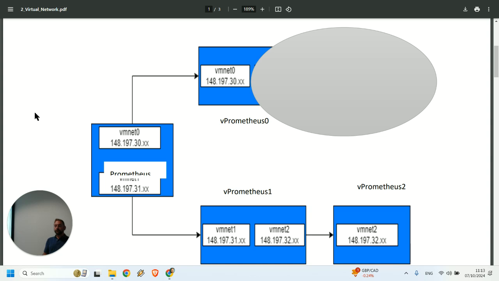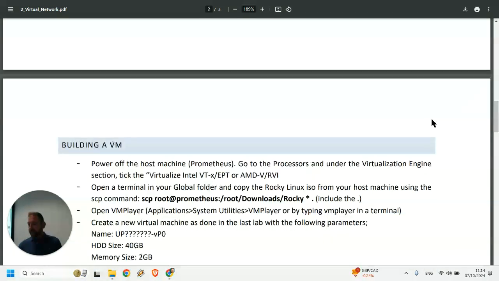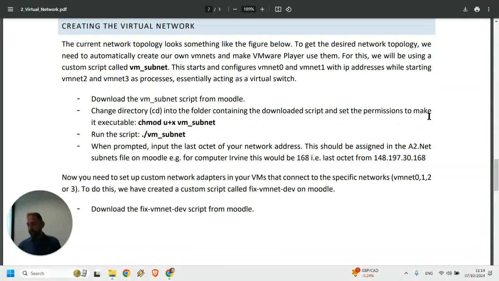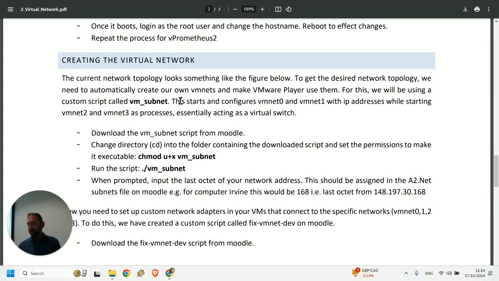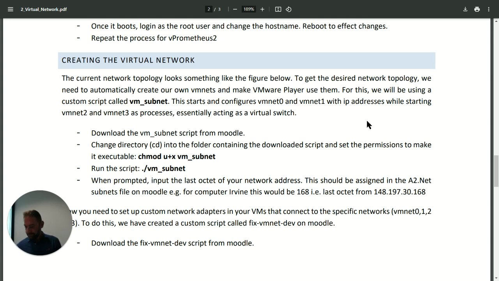Okay, so out of those three methods of networking, what we will do is we will have a customized version of host-only networking for our networks. We want to use public IP addresses for our virtual machines because we do want to route to them later on. Okay, so we will use a customized host-only version, and in order to do that, we will use a script. That script is called VM_subnet, and if I look for it on my browser,